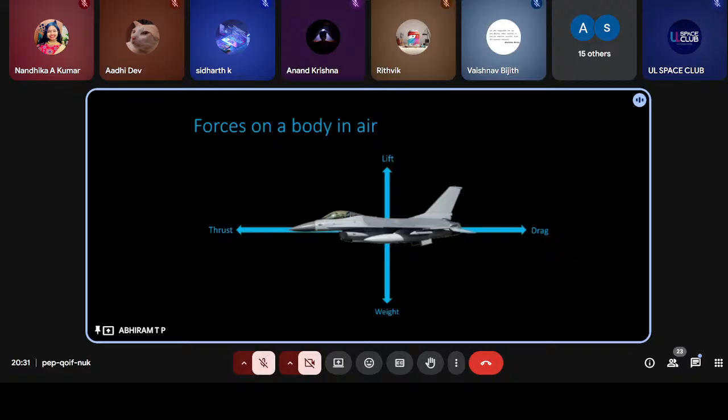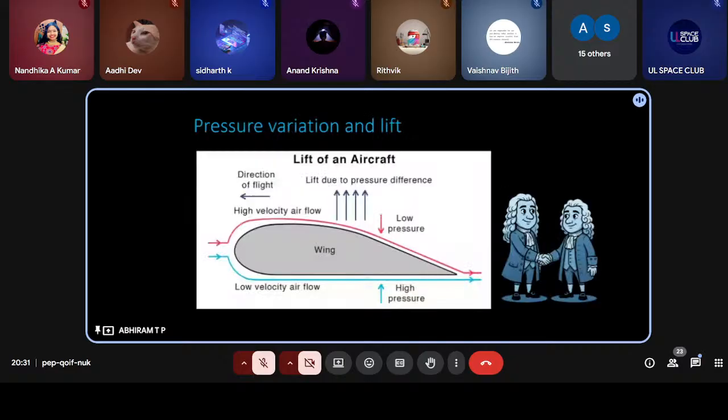So our focus is mainly on lift. As you know, for many decades, scientists and engineers thought it was a magical force like the one moving the carpet of a genie. And let's discuss how this magical force is made. If you look at this diagram, you can understand the things from the diagram itself.